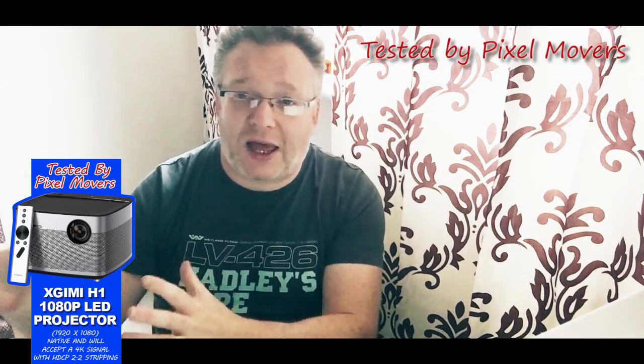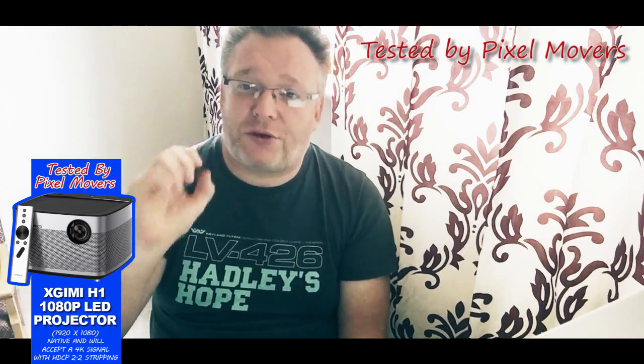3D is best in a dark room. We're lucky enough to have a living room which backs onto lots of other gardens and other houses. There's not a lot of light pollution, so we have a nice dark living room in an evening. If you can get a nice dark living room in an evening, the 3D on the H1 is spectacular. It's absolutely superb. Large screen,